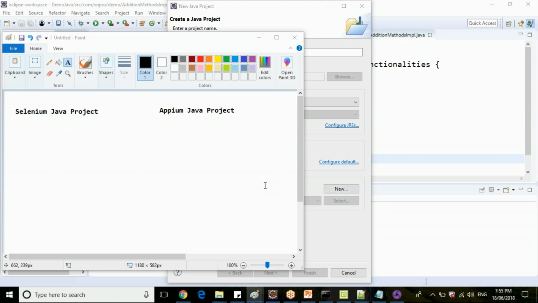Let's say if I give you a plain laptop or computer and ask you to set up Selenium in that.